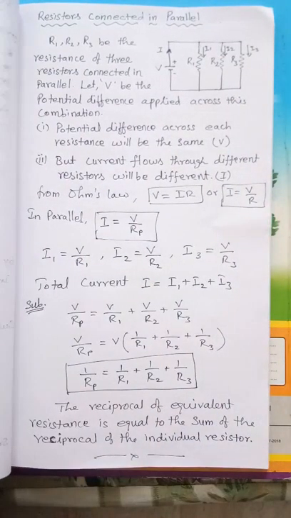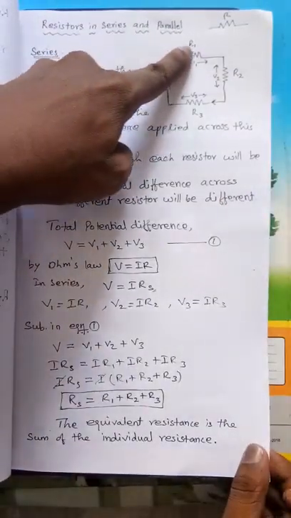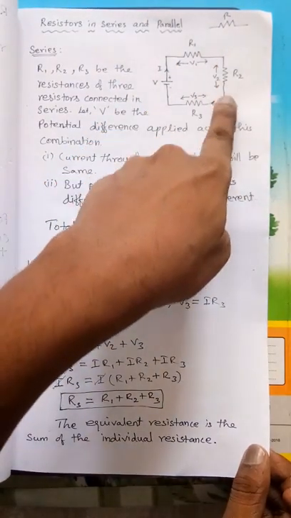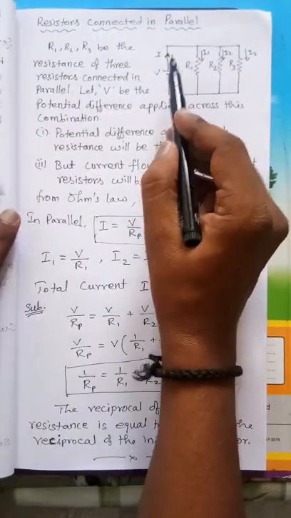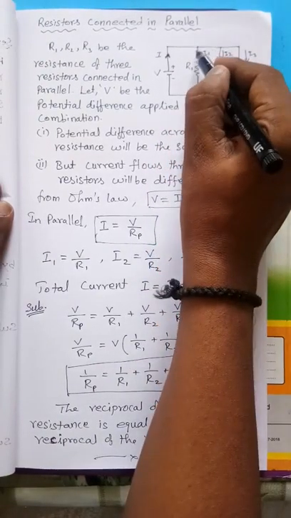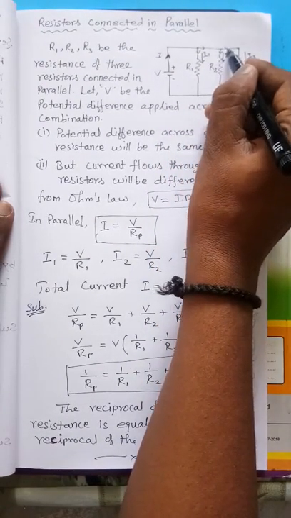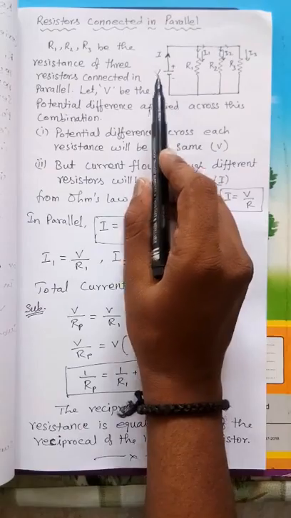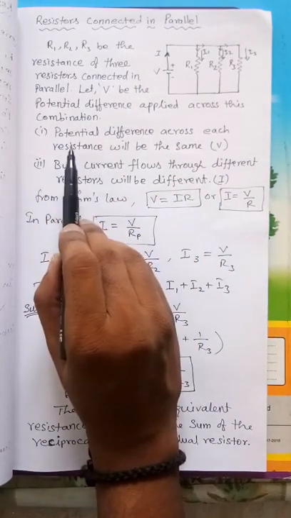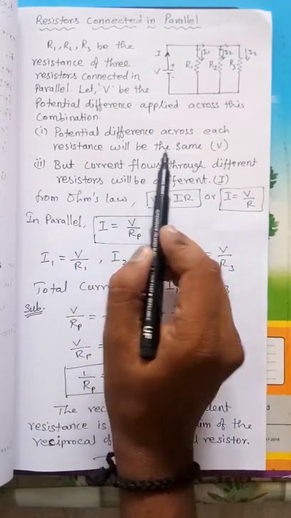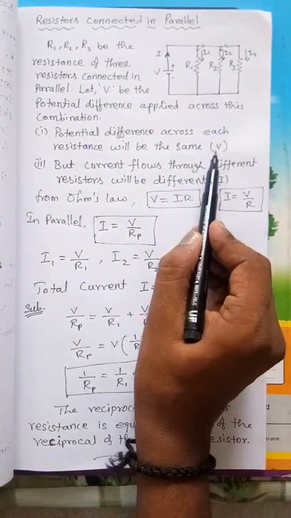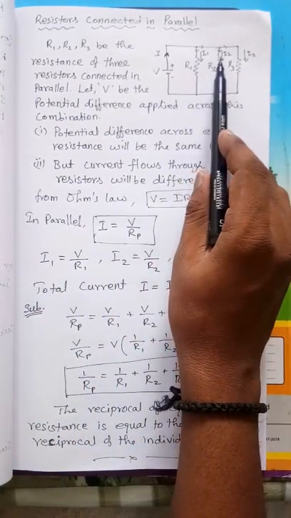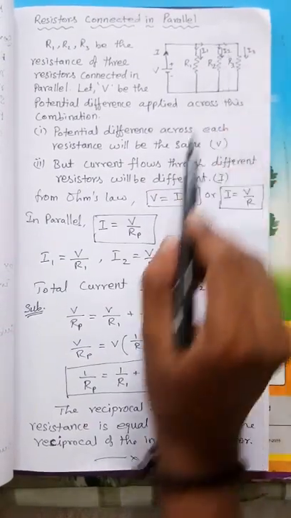A series connection is not like that. When current passes through three resistors in series, it is the same, because there is no junction and no other way, so it moves in one direction only. But here you see the current changing. Here it will change, and again it will come together like this. So this is the parallel connection of R1, R2, R3 on potential V. The potential difference across each resistor will be the same, but the current flowing through the different resistors will be different. So here only the current changes, I1, I2, I3, but the total potential is always the same.